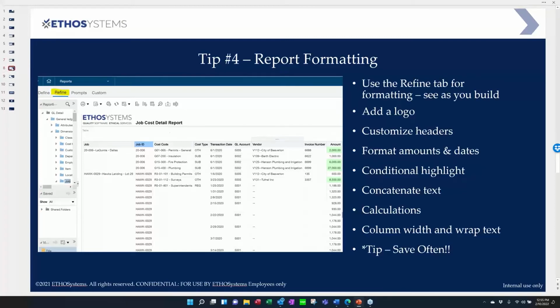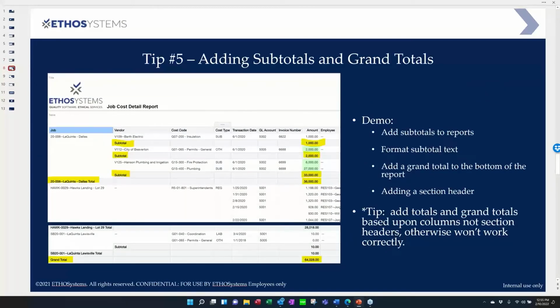Okay, moving right along. The next thing we're going to do, this is a good one. We're going to add subtotals and totals and grand totals to our report. So this came up for one of my clients. So I spent a lot of time, so this is a great tip, that if you want to use subtotals, multiple layers of subtotals and grand totals, you want to make sure you add the subtotals to one of the